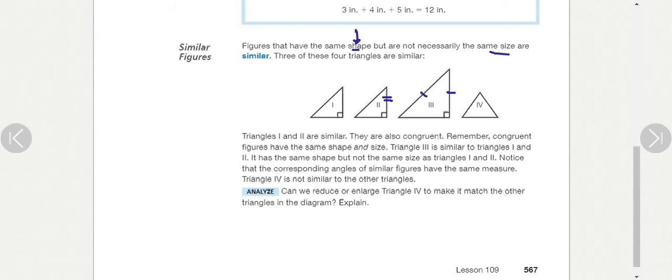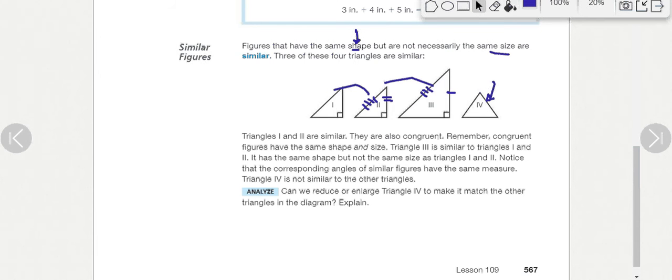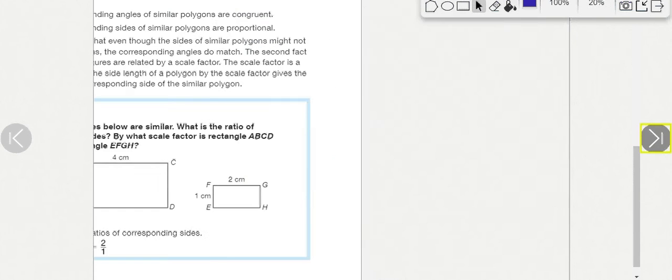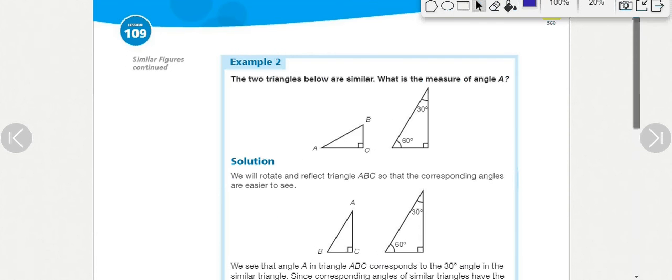These sides are not all the same. But, well, these ones are congruent, but these ones are simply similar. This one will never be similar because I don't think there's a right angle in there. It just doesn't look like the same triangle at all. So not all the triangles will even be similar. But similar means there's a little bit less in common than congruent. Just the same shape, not the same